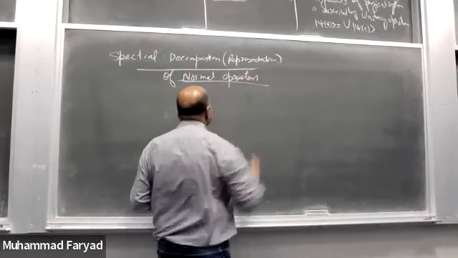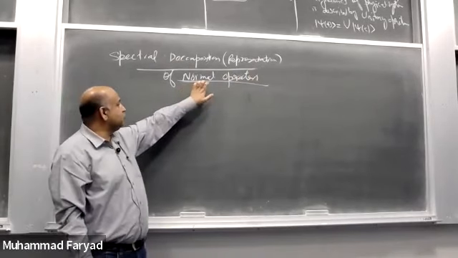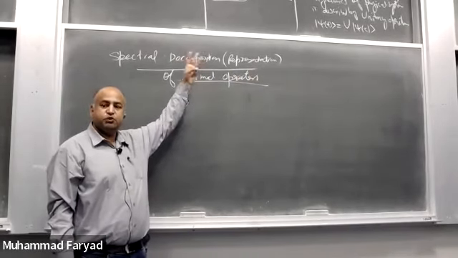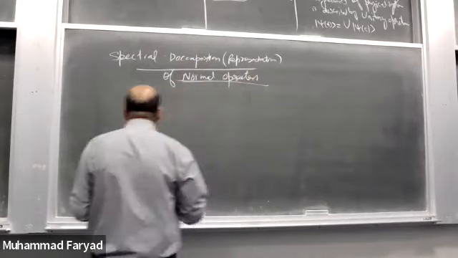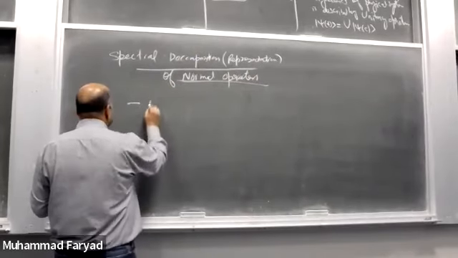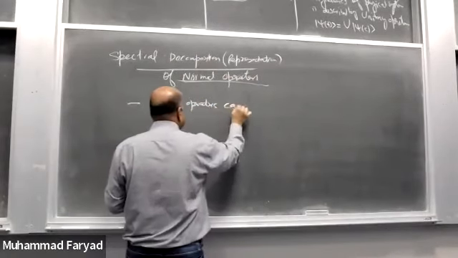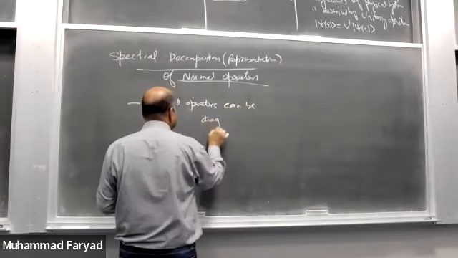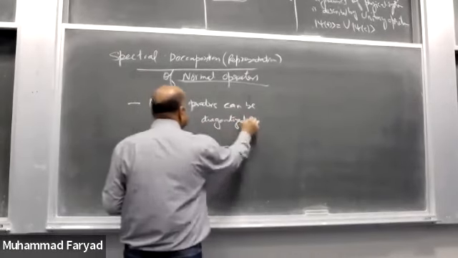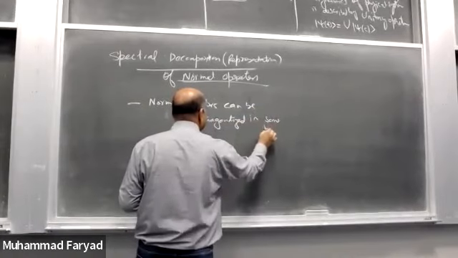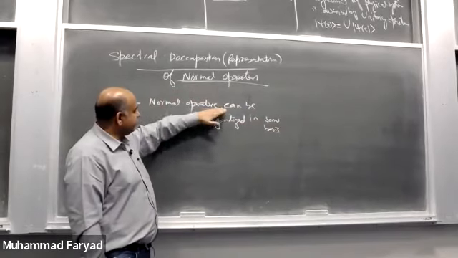So now you know at the outset whatever is the statement of this theorem, if it is proved, it's going to be applicable to all normal operators, including Hermitian, unitary, projector operators. Okay, so the statement is this, that normal operators can be diagonalized in some basis. So the theorem doesn't say okay which basis, but it does say that every normal operator can be diagonalized